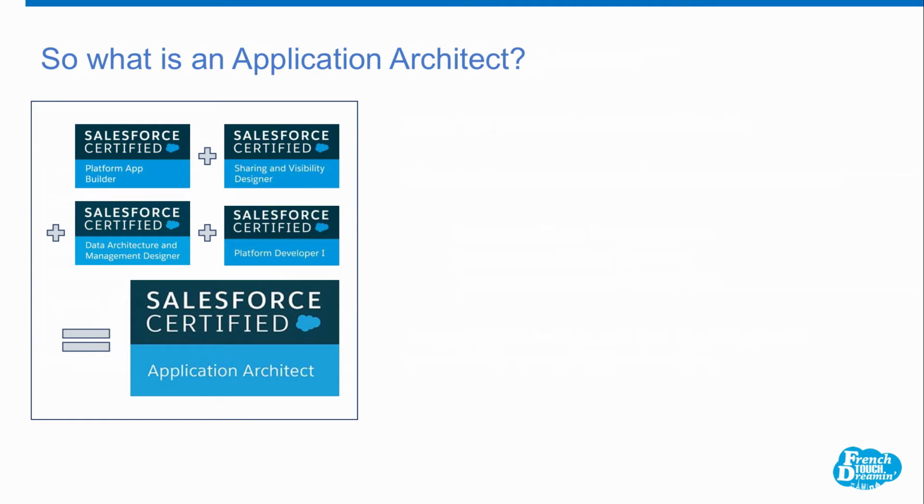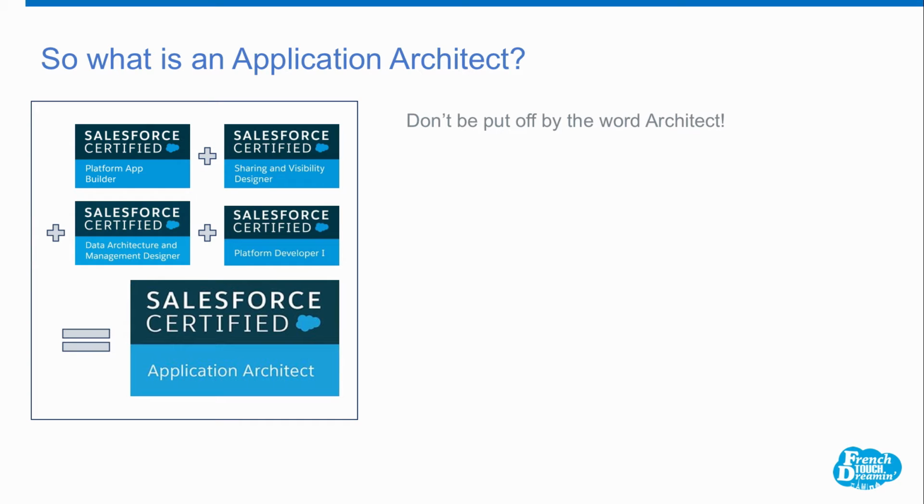So what is an application architect? Let's look at those 4 prerequisite exams that allow us to call ourselves an application architect. They are the platform app builder, the sharing and visibility designer, the data architecture and management designer, and platform developer 1. So those are the 4 exams that the application architect consists of, but let's look at it now a little